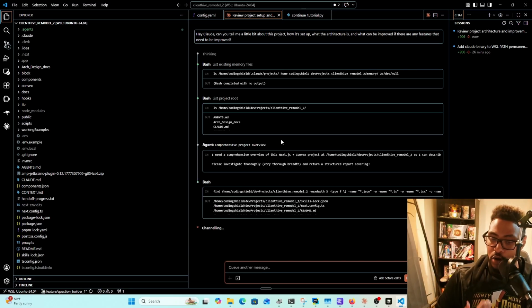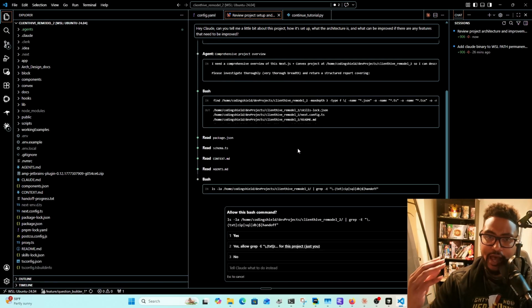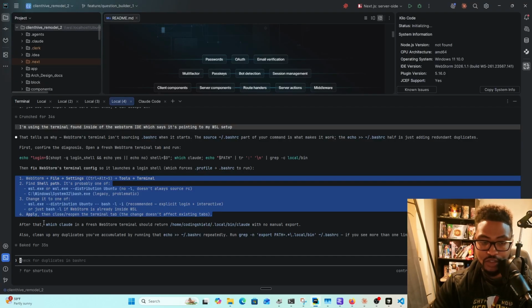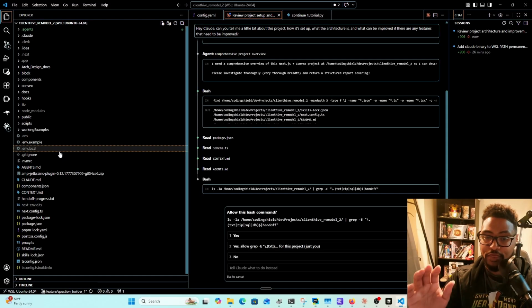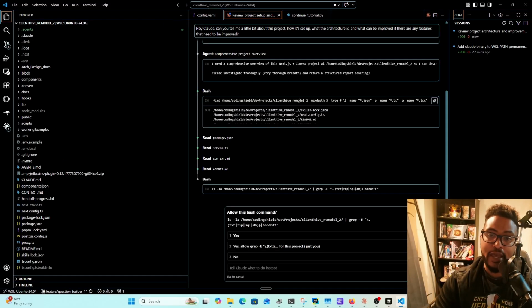And for my own personal situation, I actually go back and forth between VS Code and JetBrains, because JetBrains does some things that I like. VS Code does give you access to this interface, whereas in JetBrains, you just have this terminal interface specifically, which sometimes is a nicer way to work for me as a developer. If you enjoy this way of working, though, and you want to actually see in your face how things are laid out and what's being read, what's being worked on, and all that kind of stuff, without having to look at a terminal, if the terminal scares you a little bit, then using VS Code would be a better way to